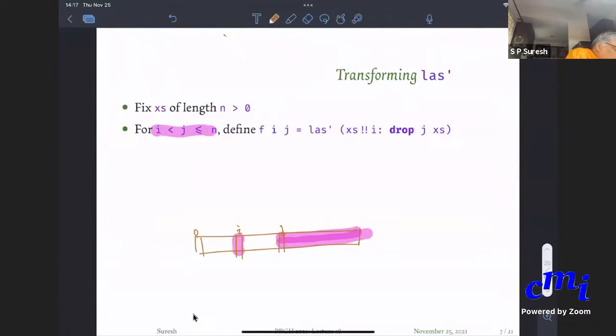So let us say this is x. For me, this is y, and this whole thing is y's. Okay. So then Fij is LAS prime. But this, you know, that is equal to...